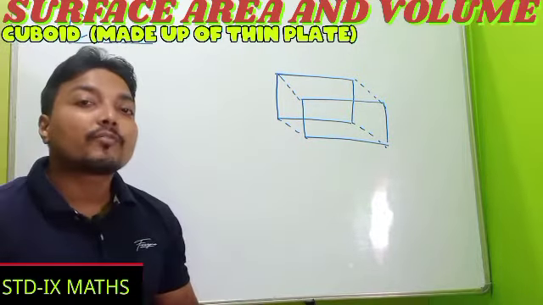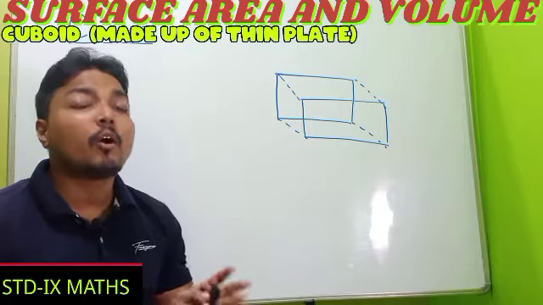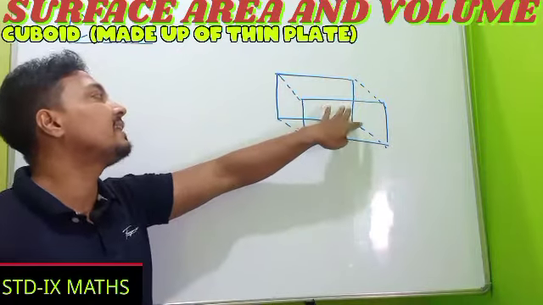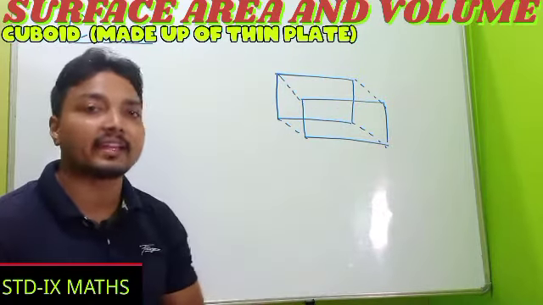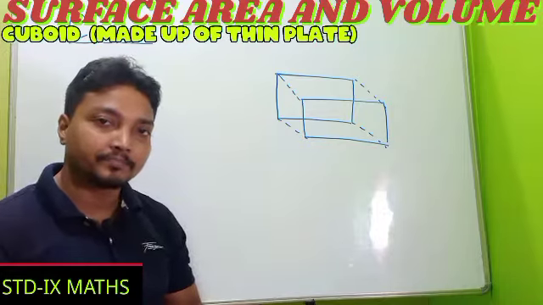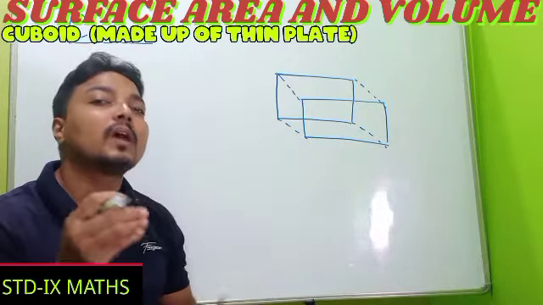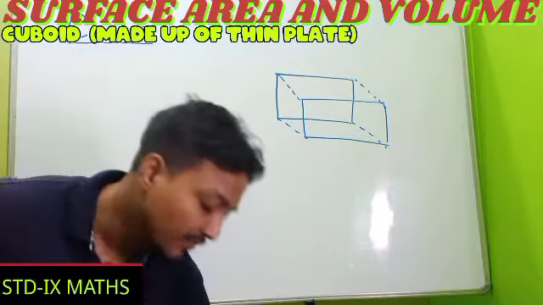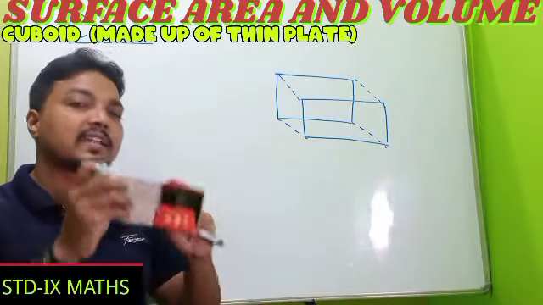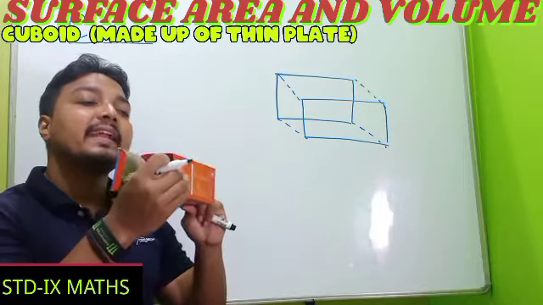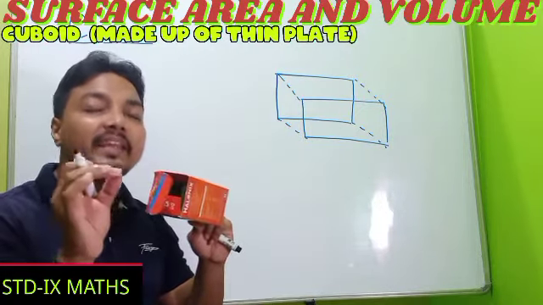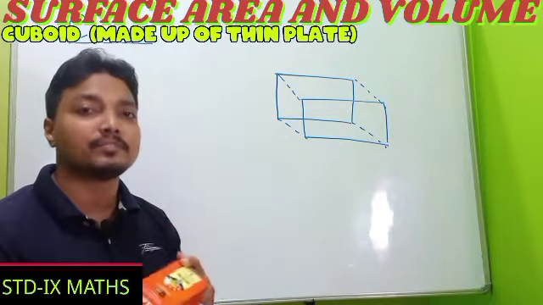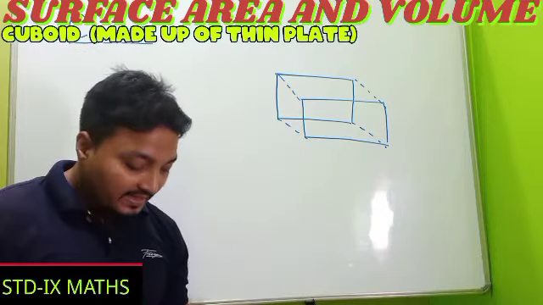See, here is a hollow cuboid. It means the inside of the cuboid is totally vacant, where you can keep water or any other thing. The inside is completely vacant, just like this type of box, where each side is made up of a very thin plate, otherwise the width of the plate is very negligible. Understood? So in this type of case,